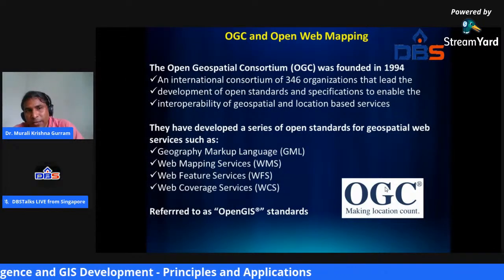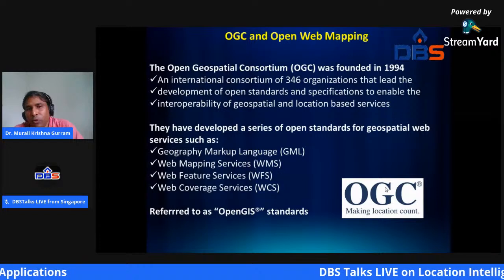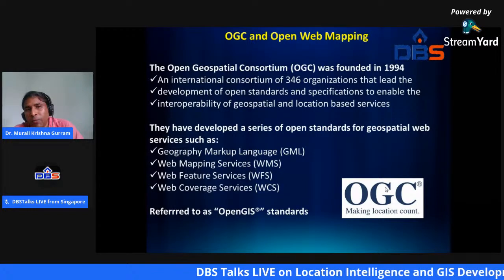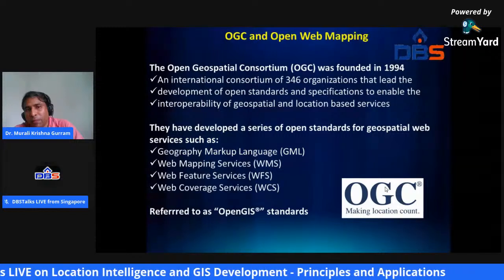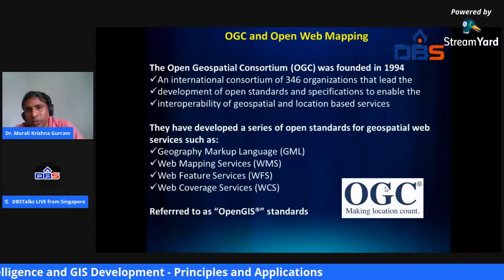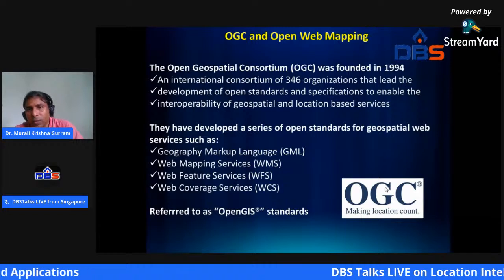They take care of interoperability issues, and they come up with protocols to share content over the web in terms of a map service.